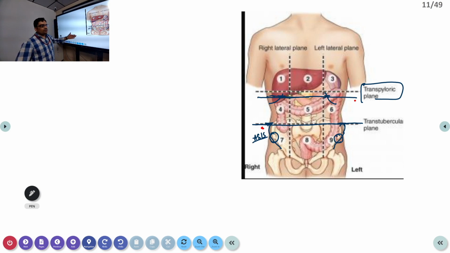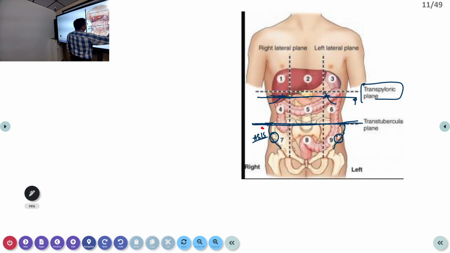It is again one of the markings for your inguinal ligament also. The inguinal ligament originates from there. So ASIS is easy to palpate, anterior superior iliac spine. There, 4 centimeters behind that, over the iliac bone, that is the highest point where you can mark the line, that is the transtubercular line.